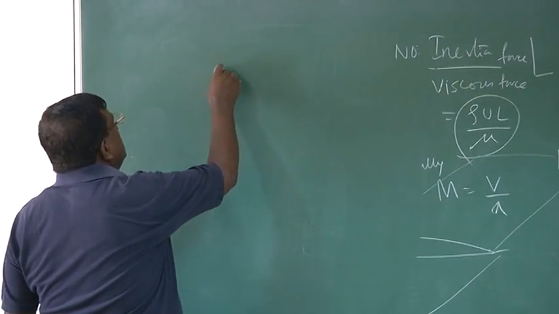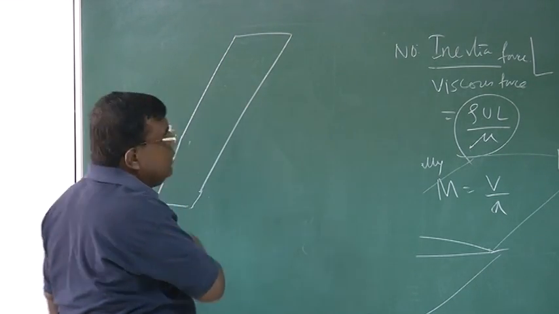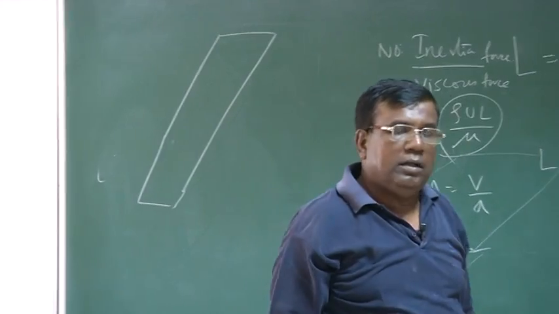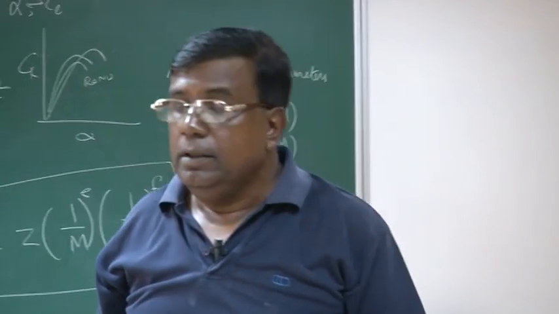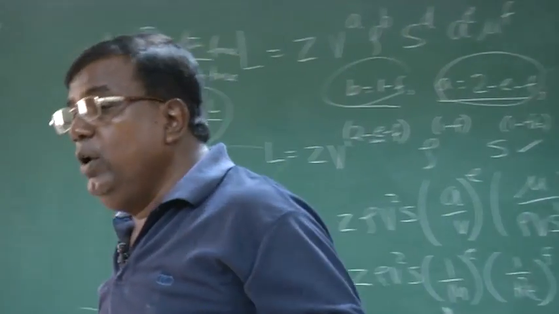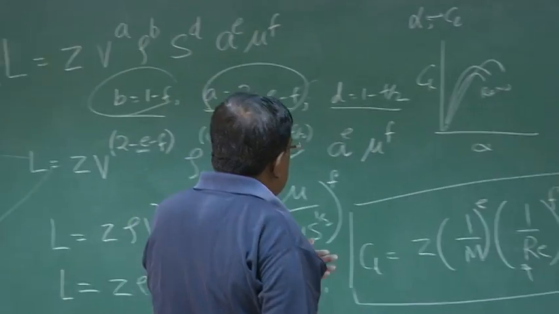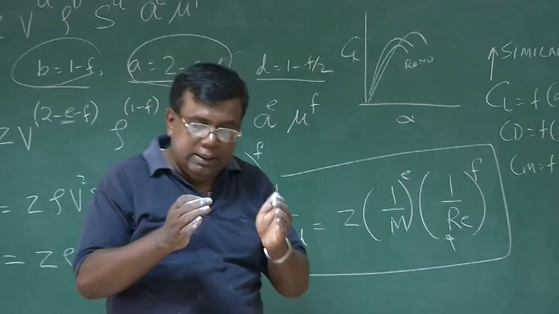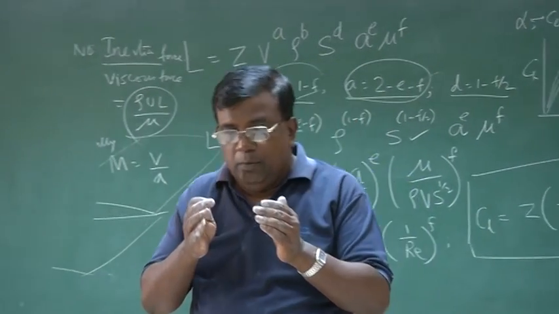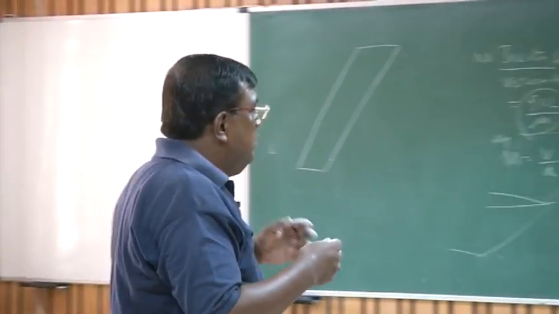Let's say I want to generate the CL characteristic for a huge aircraft. That means if I want to generate the CL for the whole aircraft, I have to take the whole aircraft in a tunnel. I need a huge tunnel. But see this. This expression tells me that I can test a smaller vehicle which is geometrically similar to the vehicle of interest,